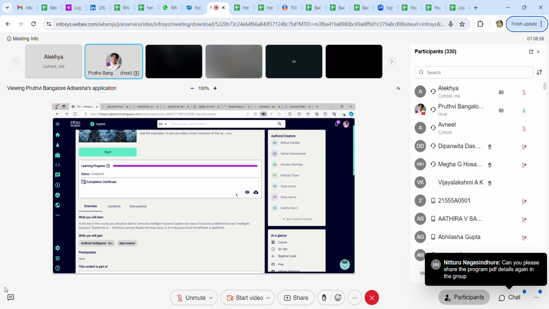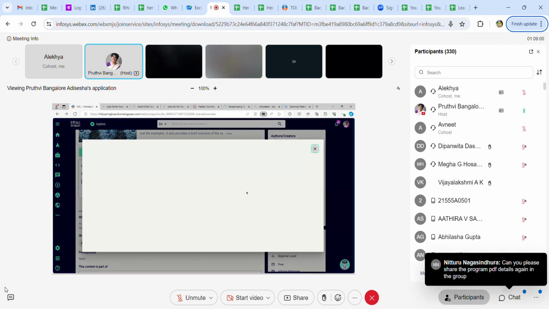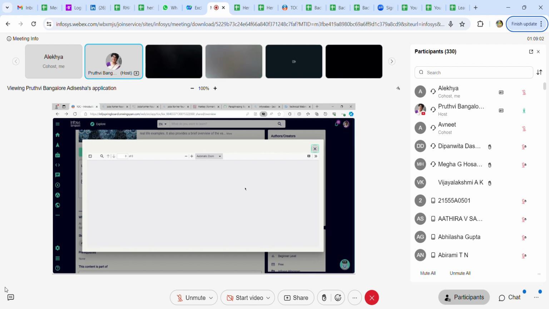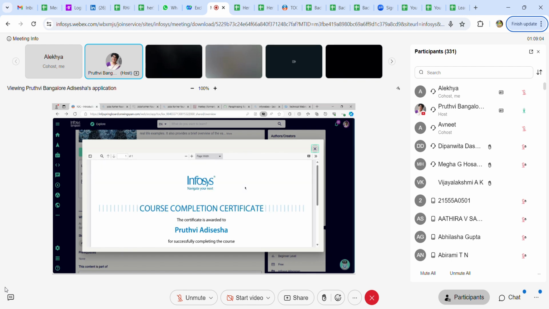You will be able to see your certificate also. Once you have generated it, you will be able to view your certificate. So this is how the certificate looks. It is called a course completion certificate. So if the content type is course,